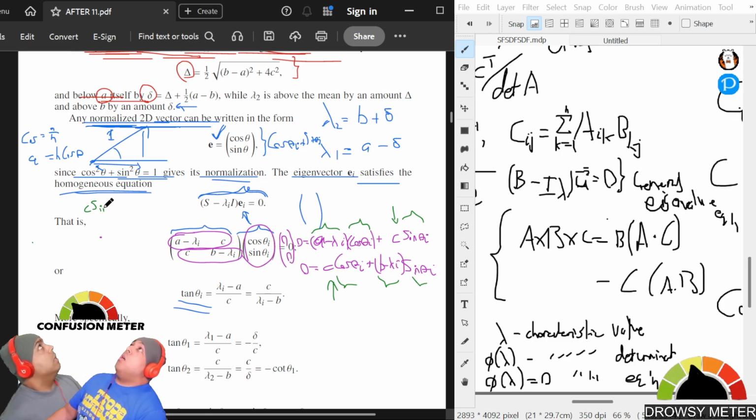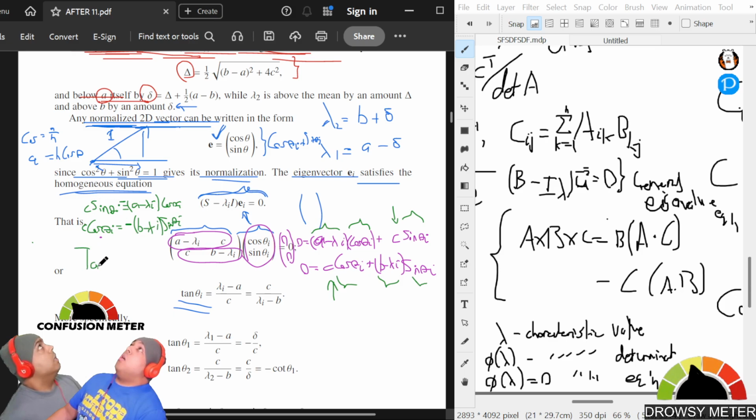C sine theta I equals A minus lambda I cos theta I. This will be negative, so equal negative B minus lambda I sine theta I. This divided by this